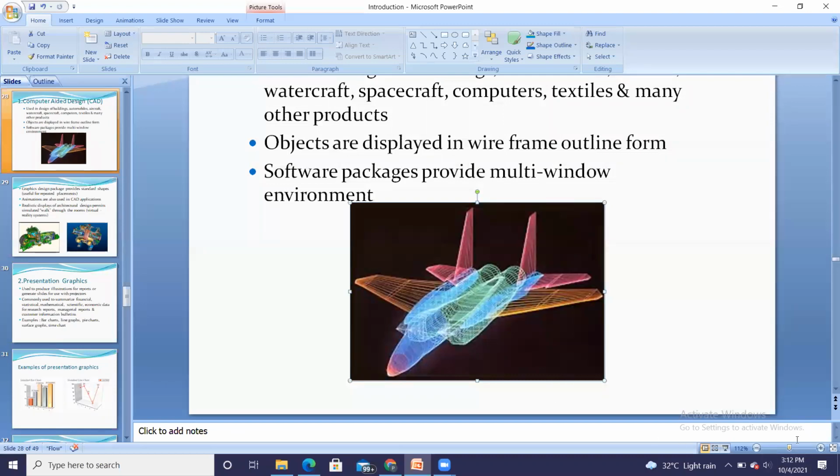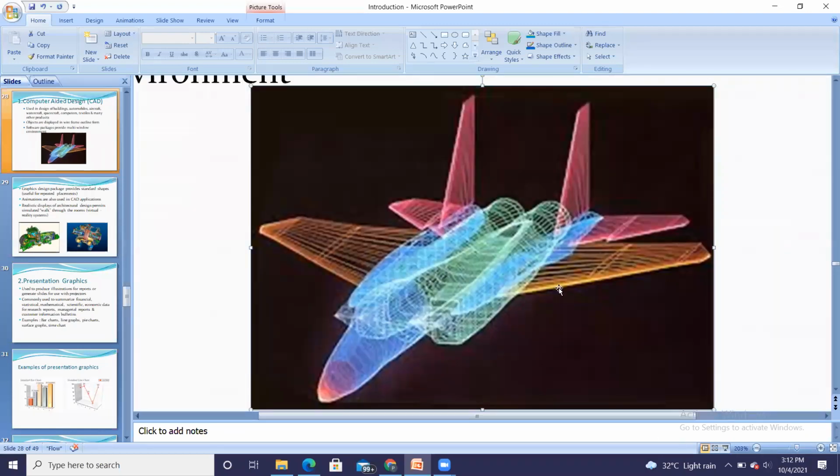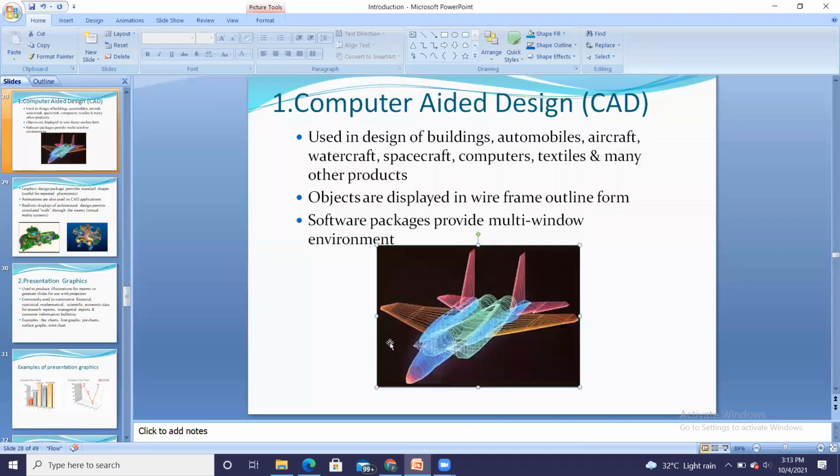That wired format is represented by means of CAD software. So here it is showing you the design of this aircraft, so we are able to visualize the design. That is nothing but your CAD.